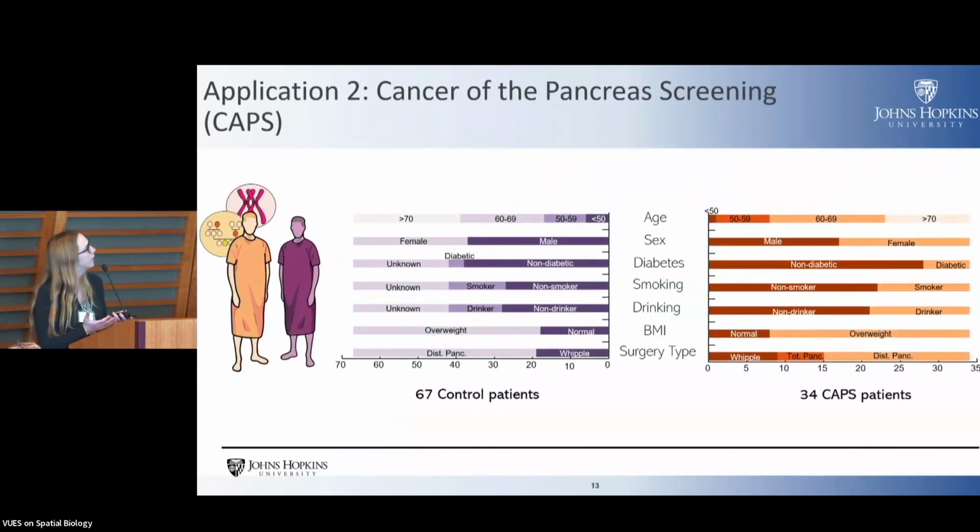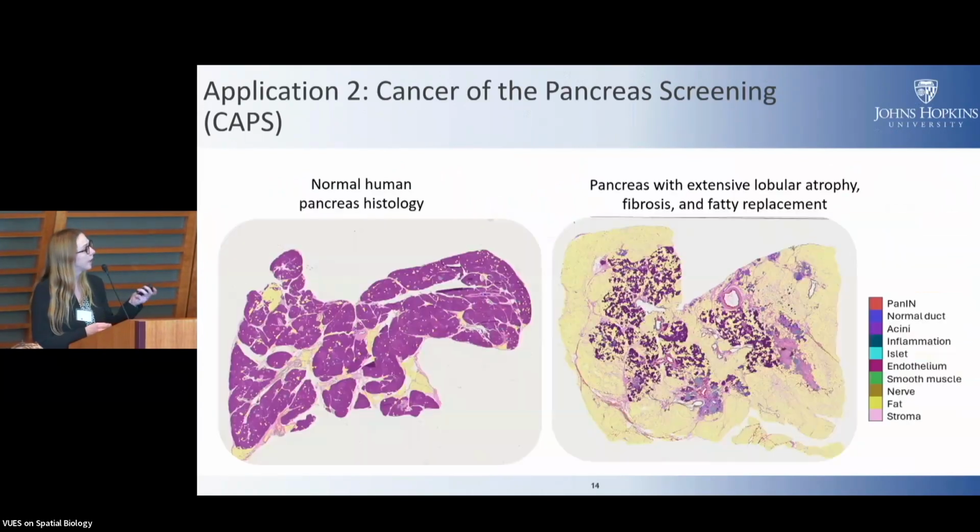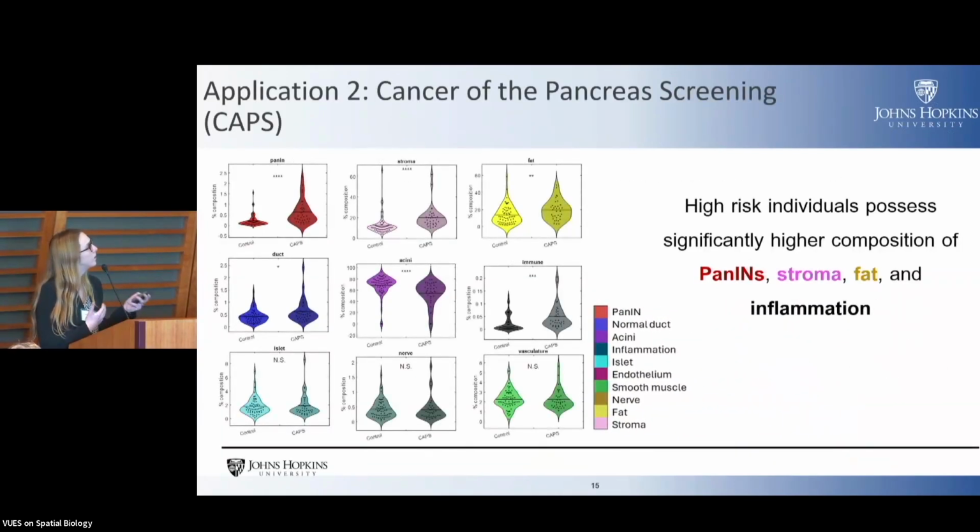So she's collected, I think, almost 5,000 now clinical histological images and built this highly customized segmentation model that, if you look on the left, this is what you and my pancreas most likely looks like. It's mostly filled with acini, which is the functional tissue that's making digestive enzymes. But one of these CAPS patients has a lot less acini. They have a lot of fatty deposition that you see in yellow, a lot of ECM. And this, Lucy has been showing quantitatively, is what we've been calling a field effect